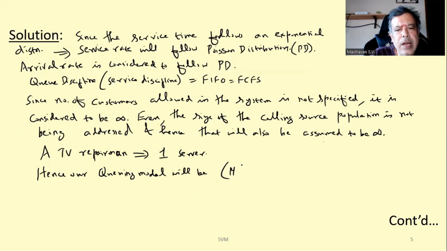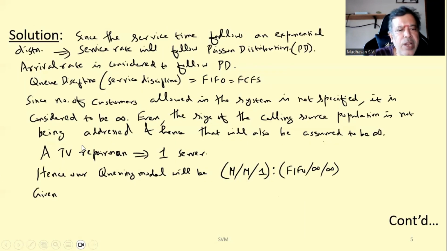Poisson distribution for the arrival rate, service rate is also Poisson distribution, and it is a single server and FIFO basis, thus the queue discipline or service discipline, and then there is no restriction, so I'll put it as infinity. Nothing is addressed about calling source population. So after identifying the model, we can use those appropriate formulas to calculate whatever is being asked. So first of all, given, let us see,